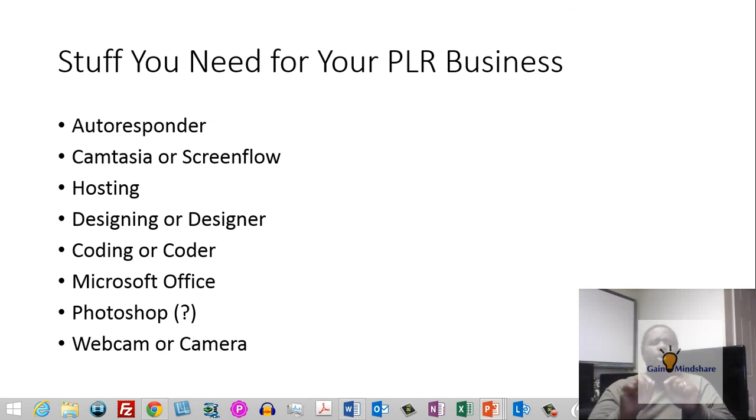So a webcam, if you're buying all these new things, and again, I know you don't have to have them to make money. You don't have to have them to build a, I know that. But if you're building a business, right? You're trying to build something where when you get new PLR, or you see something and you get this raw material and you need to turn it into cash, you've got to have these things, guys. You're just stumbling in the dark, buying new software and all this other stuff. They're not going to help you, right?